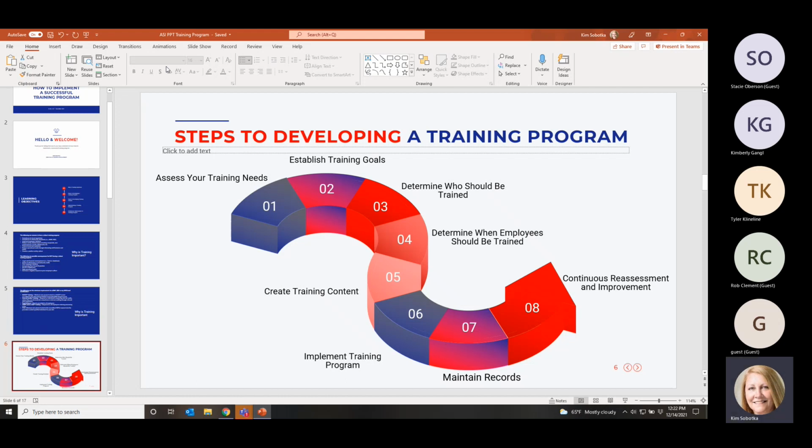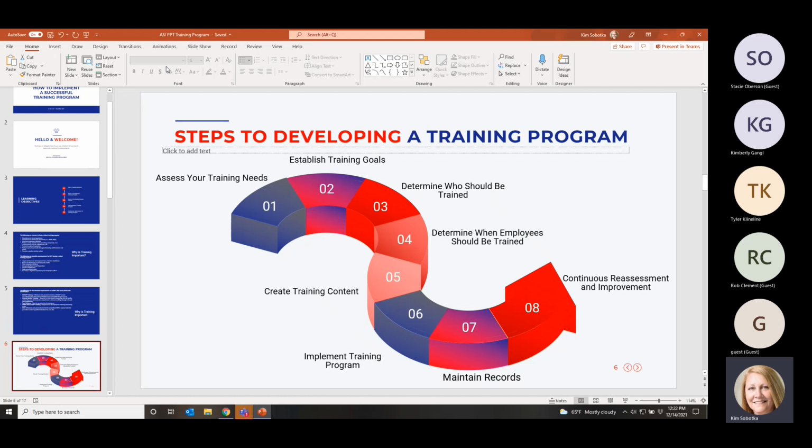Determine when you're going to train. When should they be trained? Well, they should be trained when they're hired. They should be trained on your quarterly or every 6-month frequency, whatever frequency you determined back in step 2. So determine when you're going to train and document it, and say, okay, we're going to train employees 1 time a quarter in the 3rd month of that quarter, so March, June, September, and December. Do it on a frequency if you're going to do it 4 times, in addition to that new hire training.